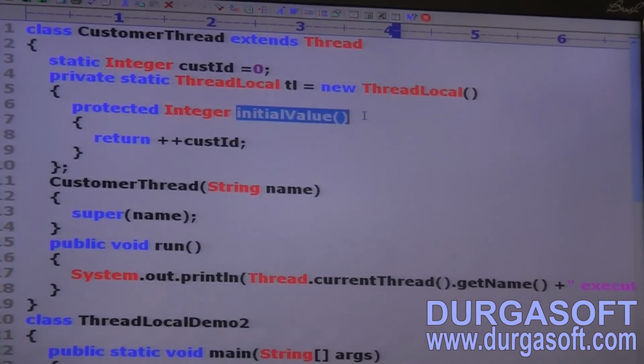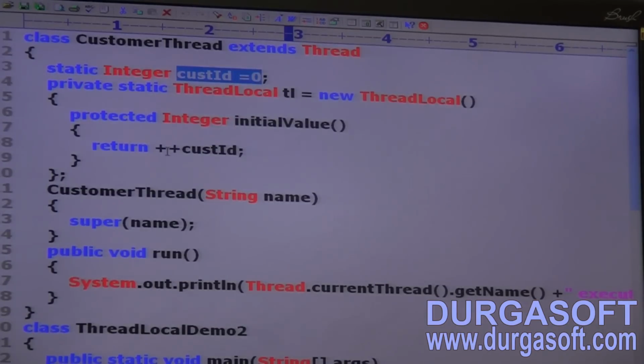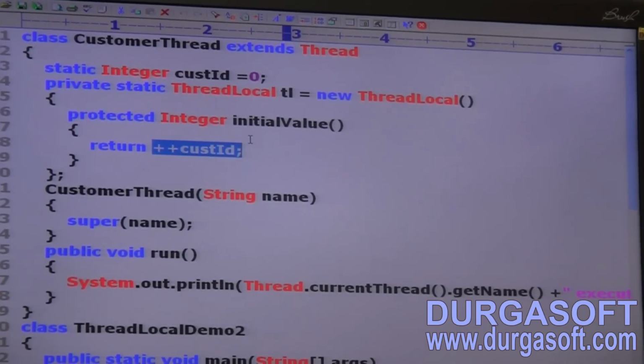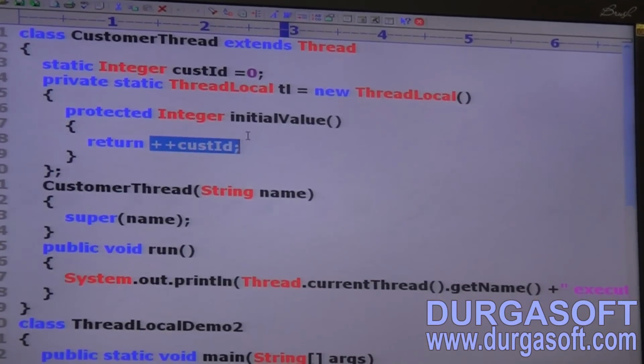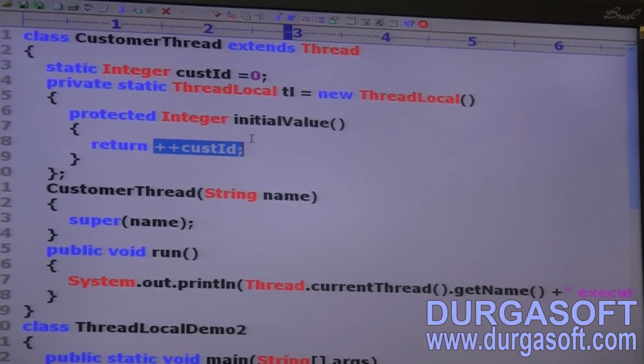The initialValue method. The initialValue method means return what? ++custId. What is the default value at the beginning? custId 0. For the first thread, what is the corresponding ID? 1. The second thread came, get ID, initialValue method, what is the value? 2. Third thread came. What is the value? 3. 4. So for every thread, a separate custId value will be maintained or not?